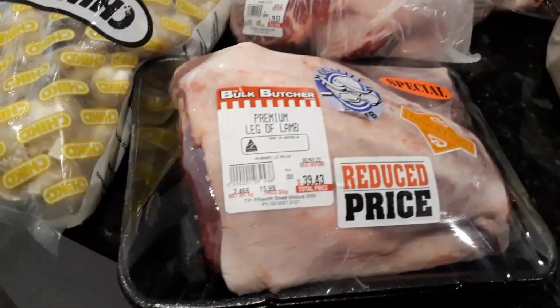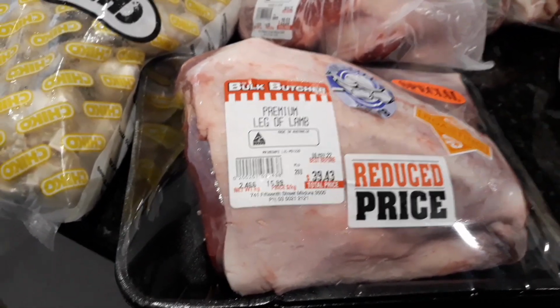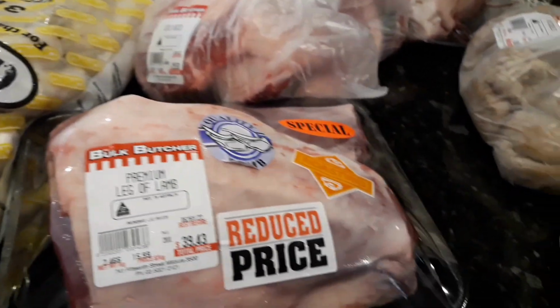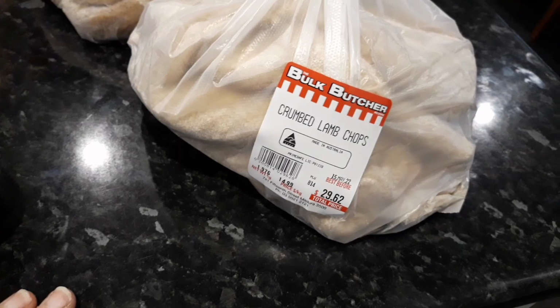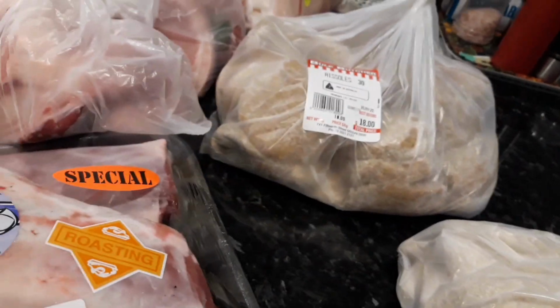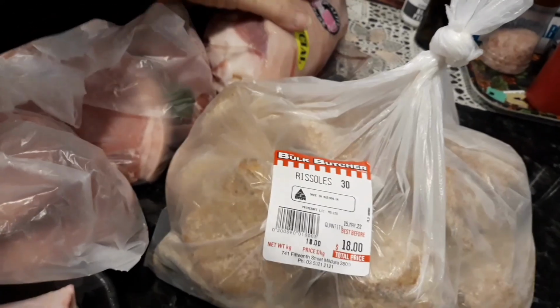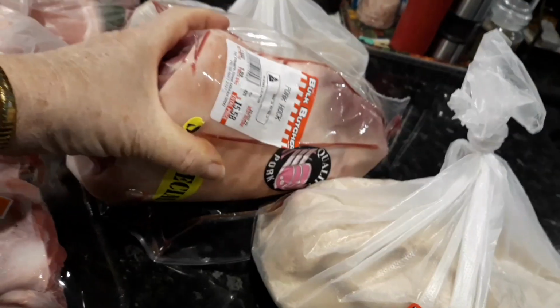Premium leg of lamb. Now that was $39.43. I'll be able to make quite a few meals out of that piece. Then we have some crumbed lamb chops at $29.62. There's also a pack of 30 rissoles for $18. And a nice little pork hock at